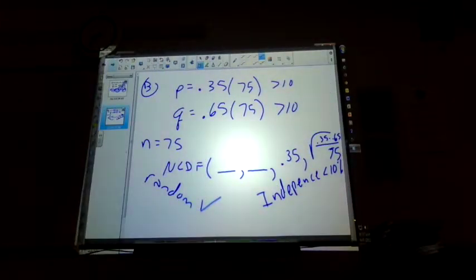Okay, so it says that we have a high school of how many athletes? 500, and we're going to test how many? 75. What's 10% of 500? 50. So we have to test less than 50 kids in order to show independence. If we're going to test 75 kids, we don't have independence, so this doesn't pass our test. So we technically shouldn't use it. So, thank you for reading the directions.